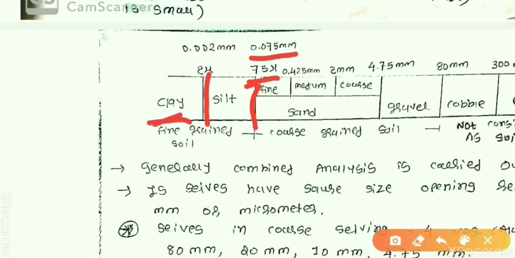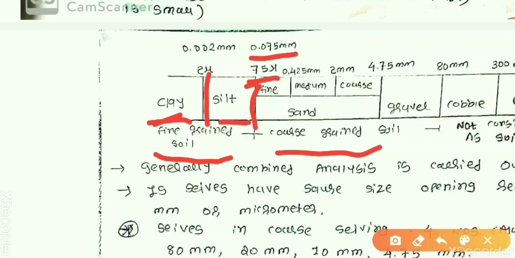If a particle has a size between 2 and 75 micron, then we call it silt. Silt and clay are categorized under the fine grain soil. Now we go for the coarse grain soil, and in coarse grain soil there are subtypes.